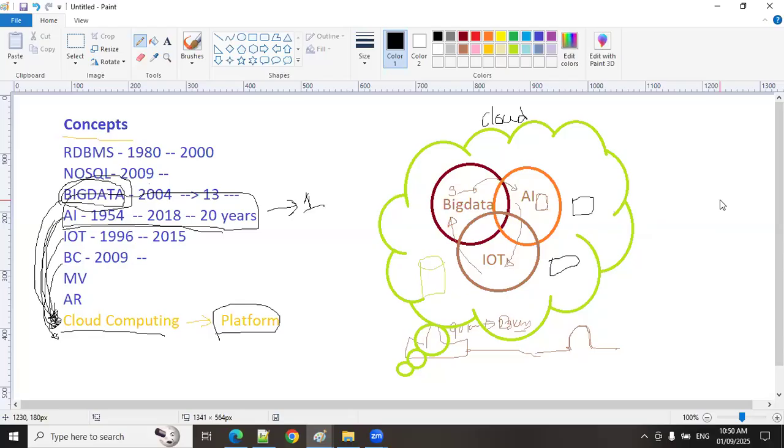Do you know why admin jobs are going? Before, as I told you, big data in India, AI in UK, IoT in USA. Here also 5 admins required. Here 4 admins required. Here again 5 admins required. Total how many admin jobs are there now? 14. Now everything in a single place, only 2 admins enough. What about the other 12 admins? Then they have to upskill.